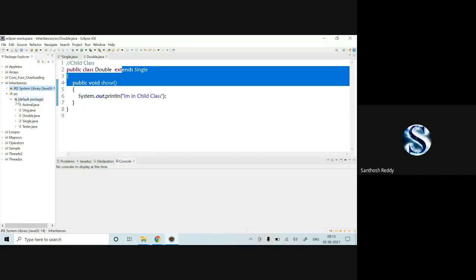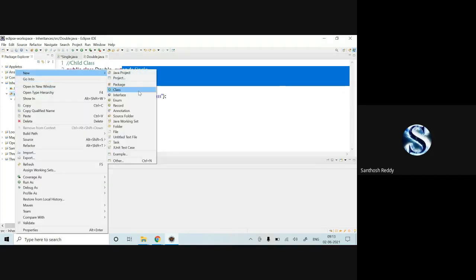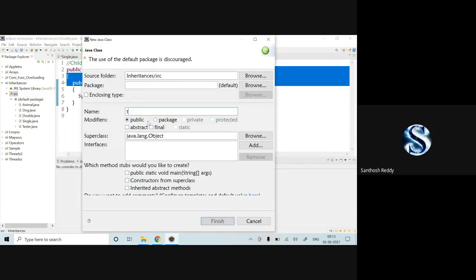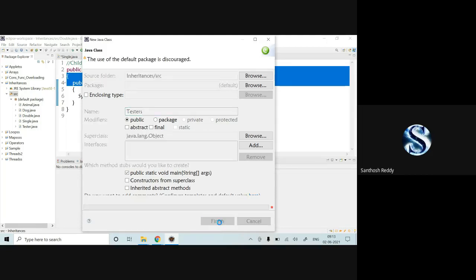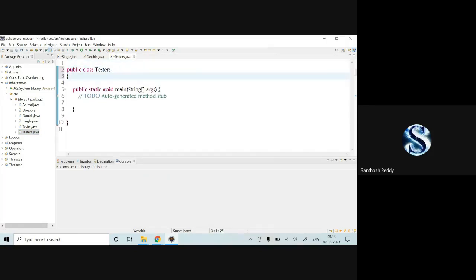Now what I'll do, I'll create a tester class. New class, tester. Now I'll include the main method. Tester, I'll create, finish. Okay, now I'll create here